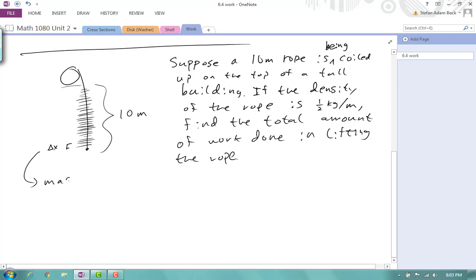Specifically, the mass of a chunk of rope is going to be 1/2 kilograms per meter multiplied by delta x meters. So that's the total mass of a little slice of my problem. If I multiply it by gravity, I'm going to have a weight, or a force,